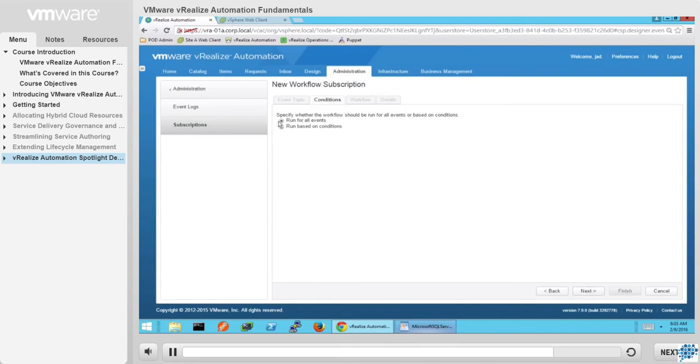Next, I can determine whether I want this policy to apply to all events or for a specific set of conditions. Since I only want snapshots for prod vSphere machines and only after they've been delivered as built, I'm going to create a subscription based on a set of specific conditions, all of which should be present prior to triggering the workflow. So here I'll create a policy with the blueprint name that starts with prod,